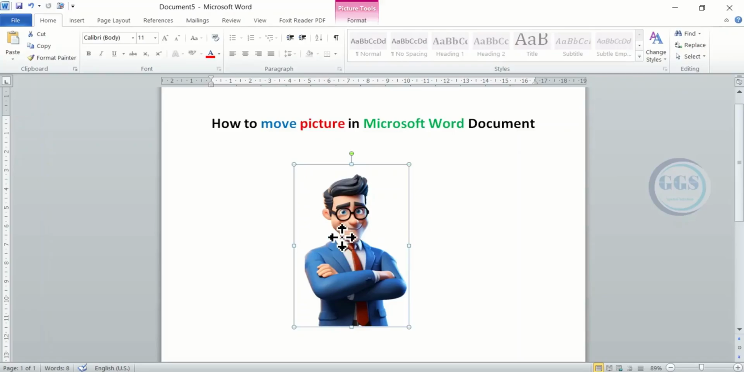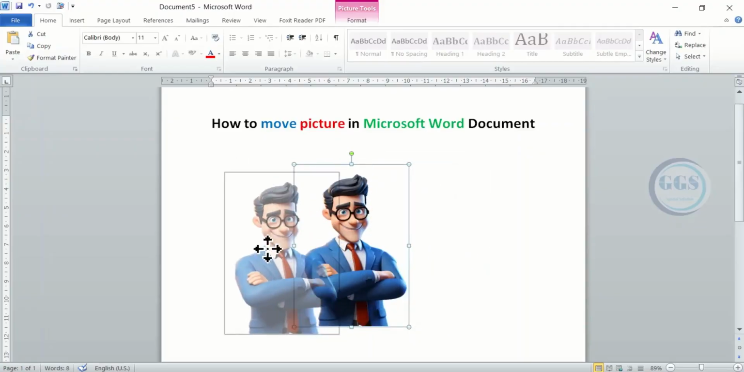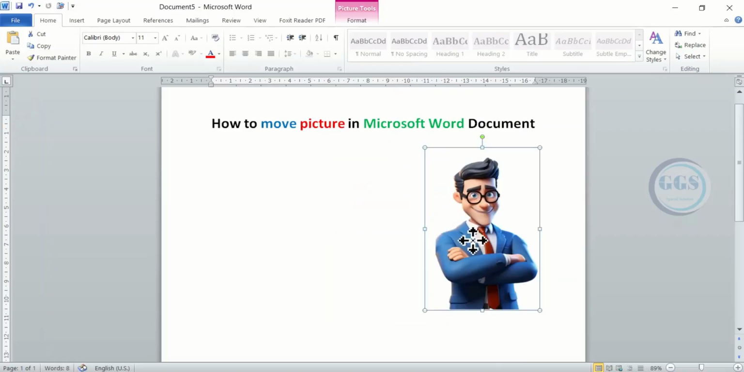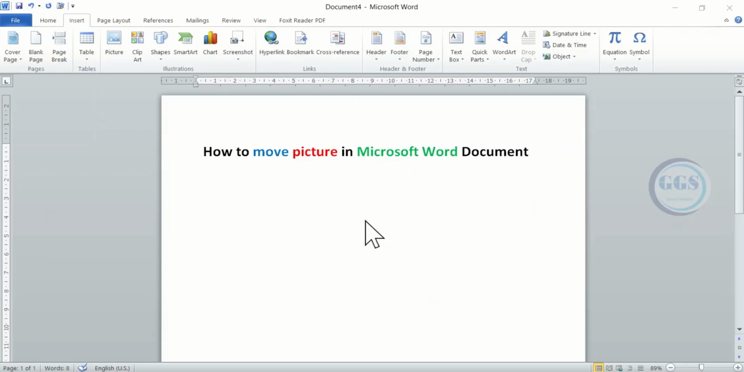In this video, I want to show you how to move a picture in Microsoft Word freely, just like this, moving it to any position of your choice. So let's get started. To move a picture freely in Microsoft Word, the first thing to do is to bring in